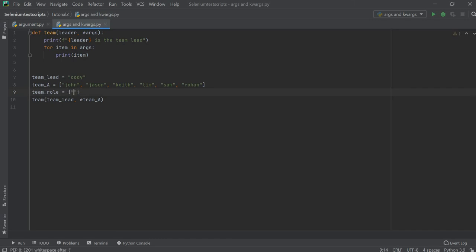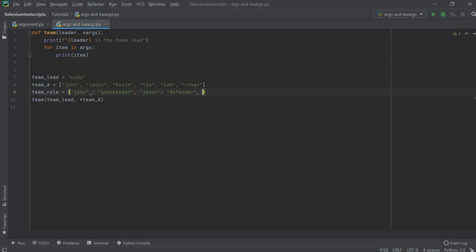First is John, and this is the key, and the corresponding value is, let's say, goalkeeper. I think the spelling is right. Jason is the key, and I'm going to give it a value. Jason is the defender. Defender, there should be no space.